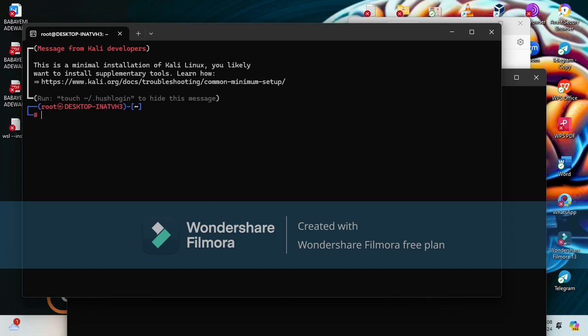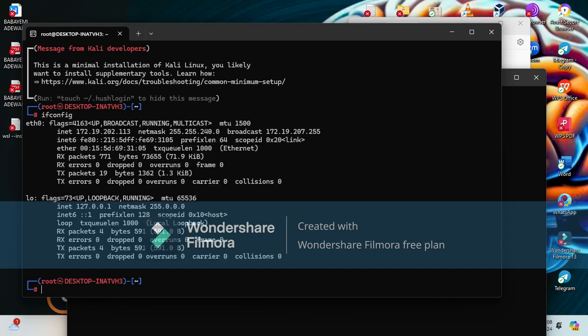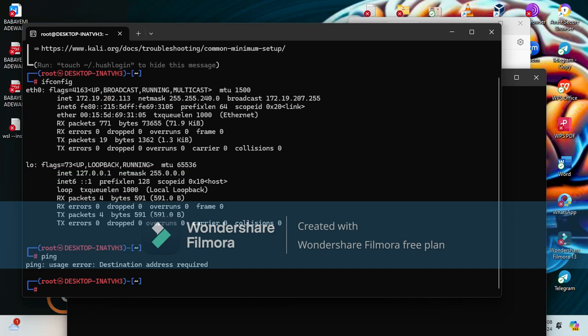You can do a git repository. You can install SpiderFoot. So can you see apt install? So that you can know, let's do ifconfig. ifconfig is for checking the IP address for Linux. Can you see it's bringing out my Kali Linux details. Now I can ping. So once you do a ping,